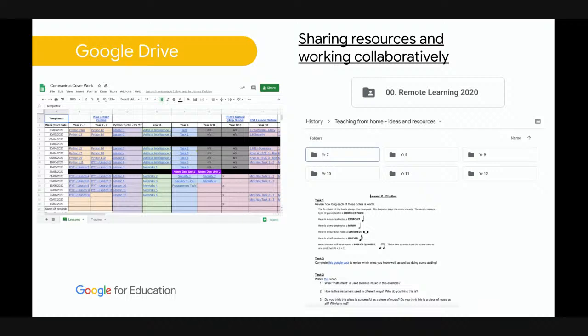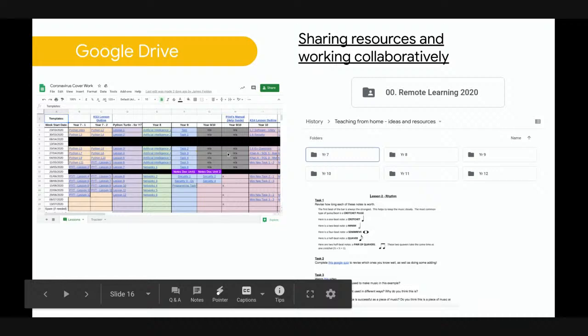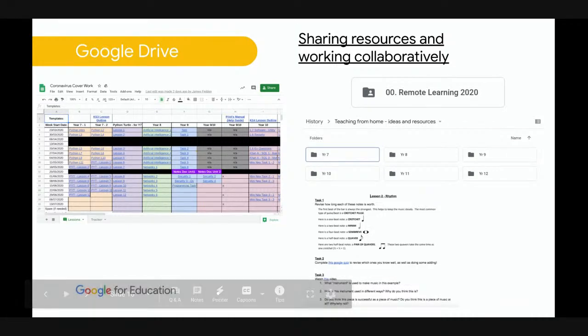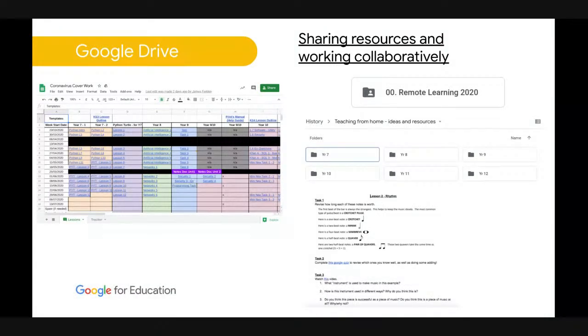Our computer science department have gone down a slightly different route. They're still collaborating, but they've set up a Google Sheet, which is saved in their Google Drive folder. And you can see here that I've got hyperlinks on for pretty much every lesson, I think, up until the end of June. And this is set up really nicely so that anybody can come in, click on these links, and it will show you exactly what you need to post for the students on Google Classroom, and exactly have all your resources in one place.